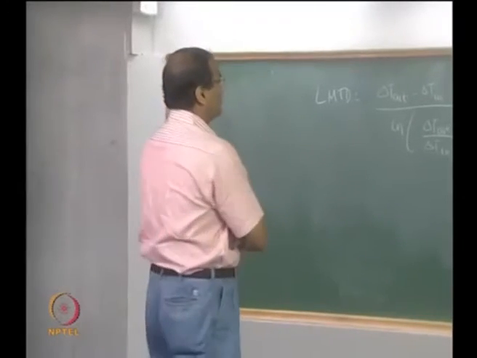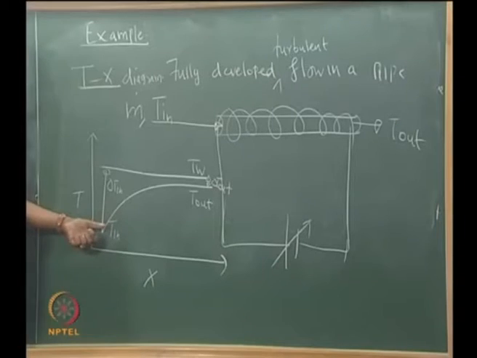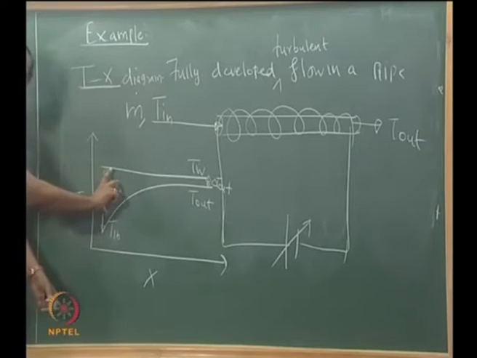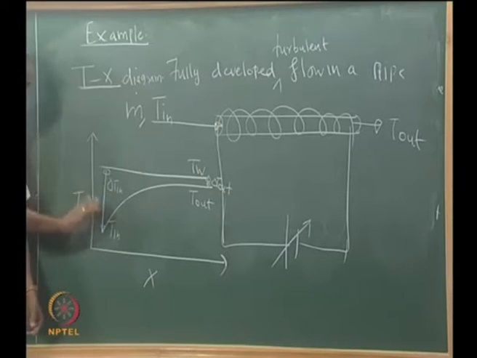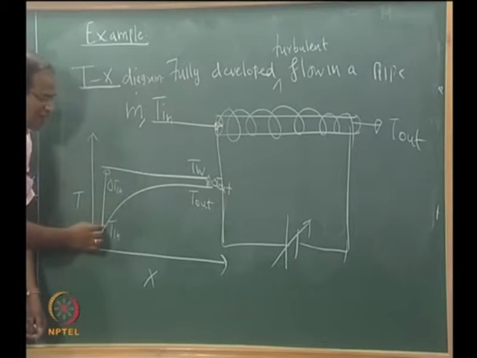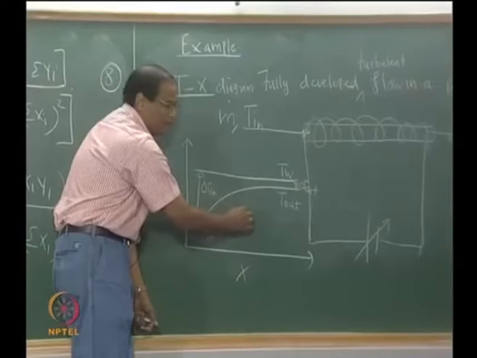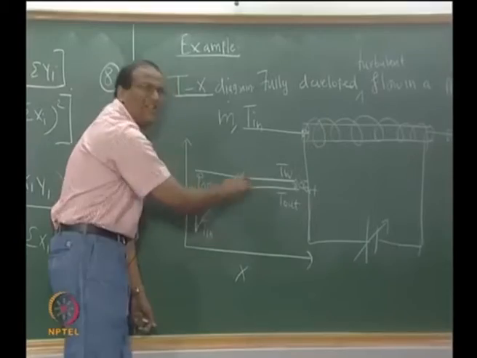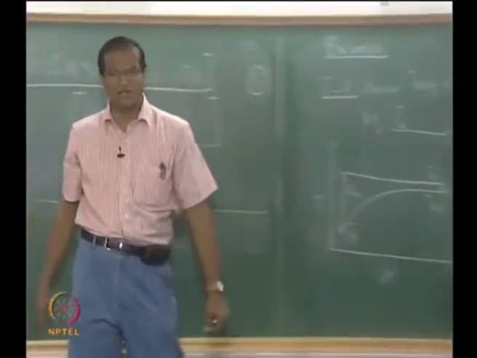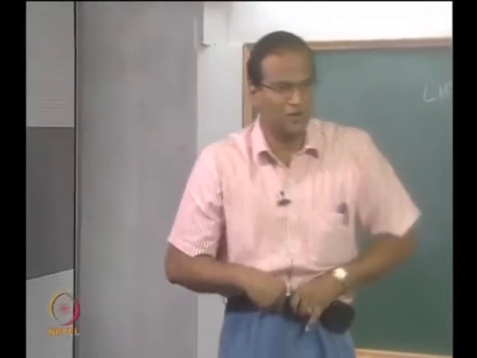It cannot be equal to the arithmetic mean temperature because the capacity for the fluid to pick up the heat will keep on decreasing because the potential difference decreases. So it is a law of nature that since it decreases, then it will have a saturation curve. When there is a saturation curve, if you take T in and T in plus T out by 2 and mark some point and take this difference, that is a very bad approximation in several cases. So that is called the AMTD, arithmetic mean temperature difference, which does not work.